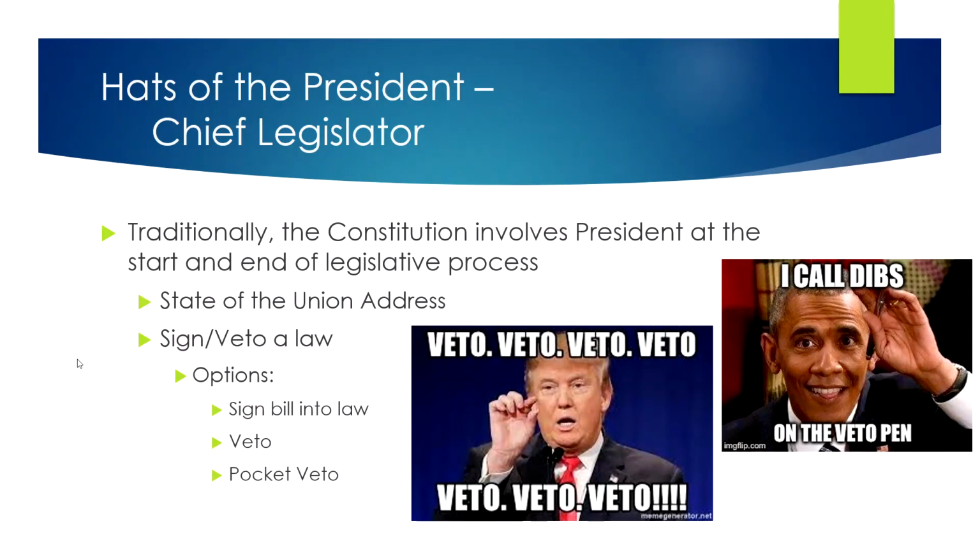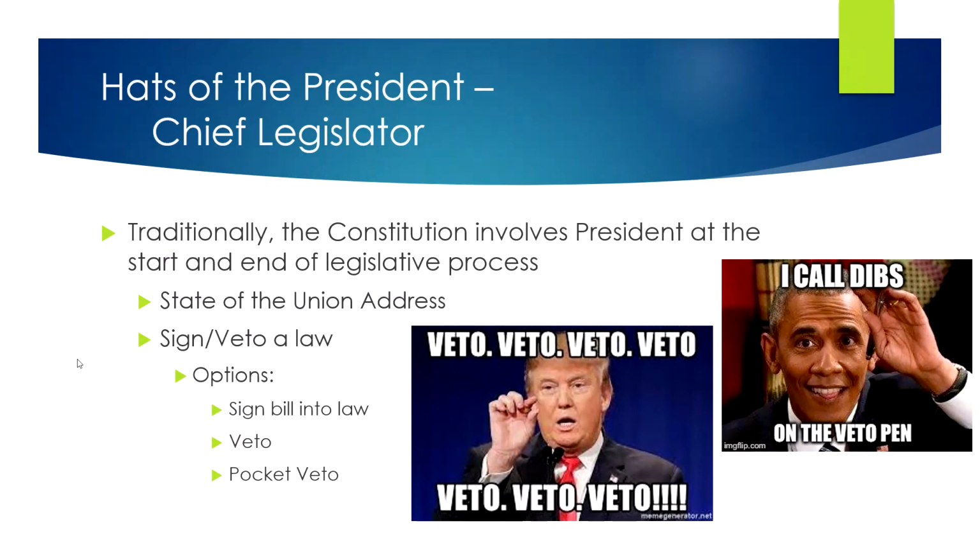Another check that the president has at this point in time is the ability to veto a law. To veto a law, the president simply doesn't sign it. Sometimes the president can issue what's known as a veto statement, saying, "Here's why I disagree with it." But if the president simply doesn't sign a bill, it doesn't become law. So here we have another check. If the executive branch feels that Congress is overreaching or doing something unconstitutional, and today even something they don't like, the president can veto it. So it does not become law.